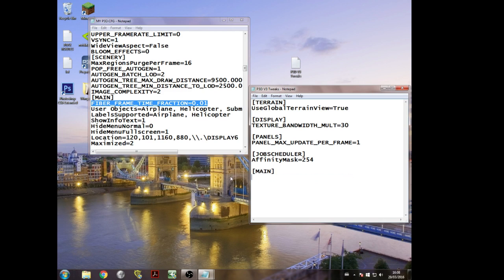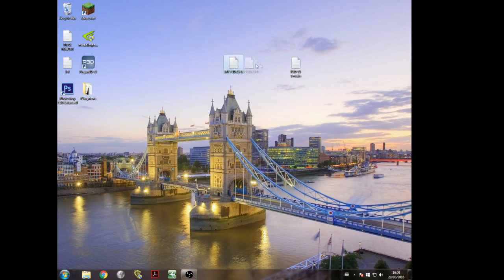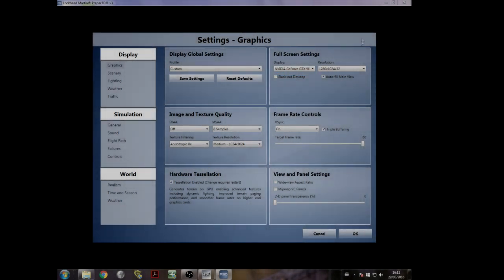Yeah, so those are the basic tweaks that you can do to your P3D CFG file. And again, as I told you, just run a benchmark after each tweak and see if it gives you more FPS. So I'm now going to run my Prepared version 3 simulator and show you my actual in-sim settings that I have. We're in the in-sim settings, so I've got my display device set to my GTX 980, and the resolution,